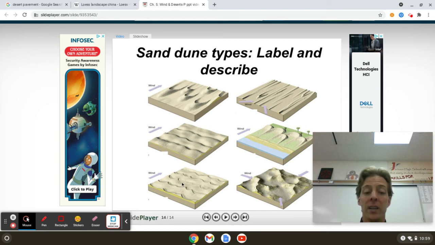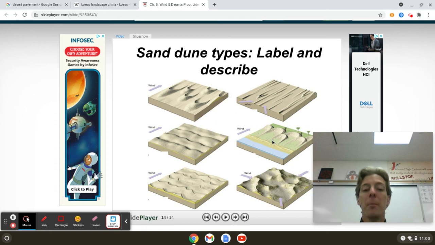This barchanoid is halfway between these two. So you've got the lines of transverse and a steady wind, but you're starting to get individual crescents and scallops built in there. White Sands in New Mexico is a good example of this. All right. Longitudinal. So if this is transverse, this is longitudinal. Longitudinal means that these lines are going to go with the wind. You need moderate sand and maybe a variable wind. It's going to change a little bit. Sometimes it's this way, sometimes it's this way. But overall, it's that direction. So it's going to pile them up into these ridges.